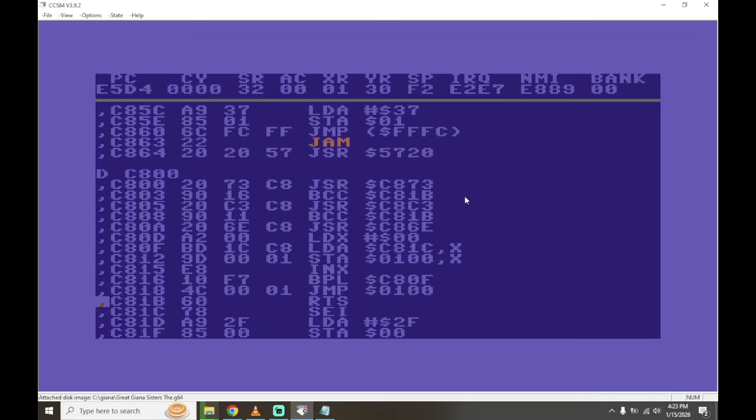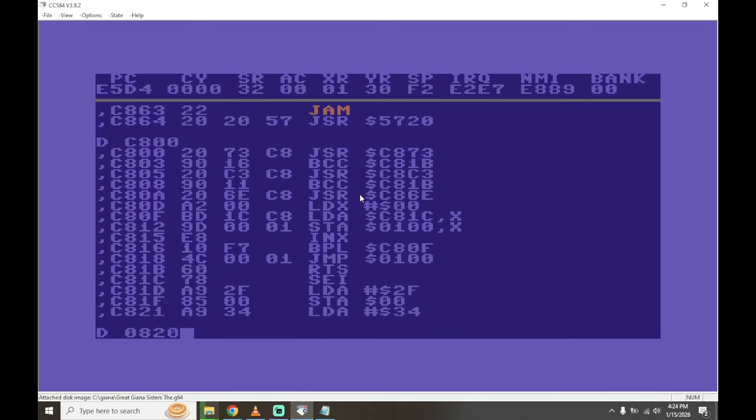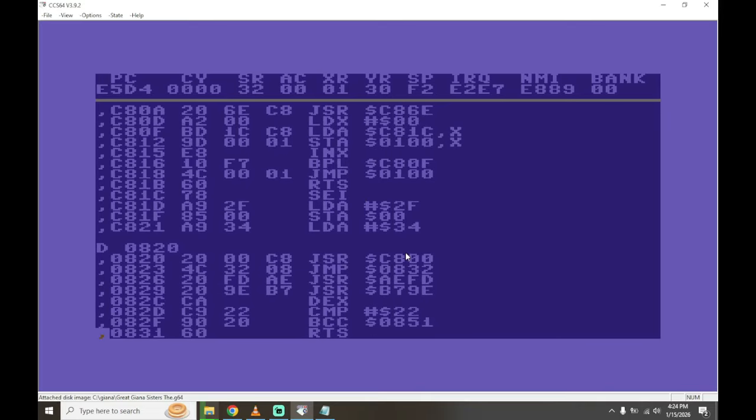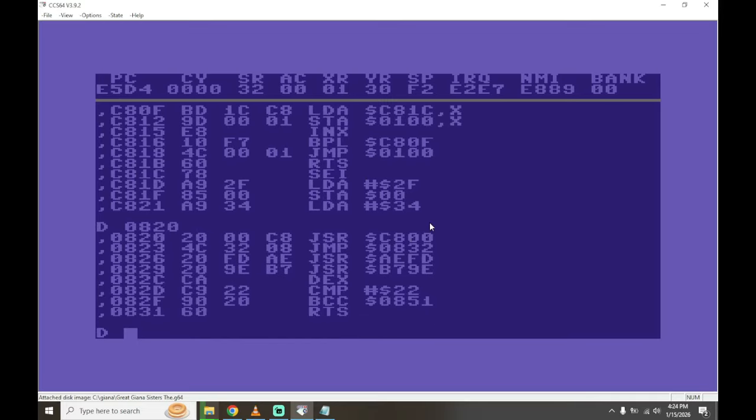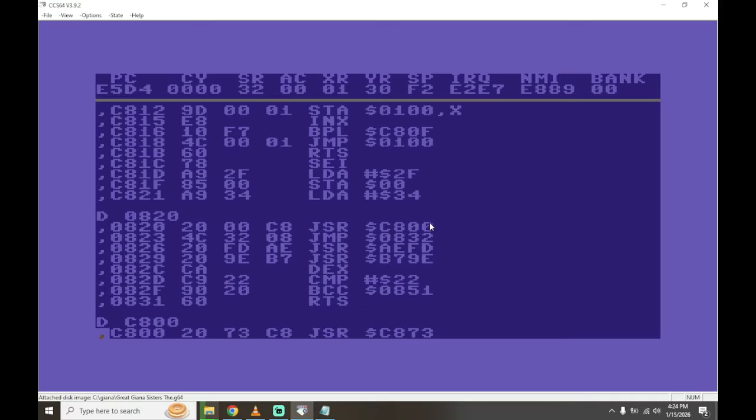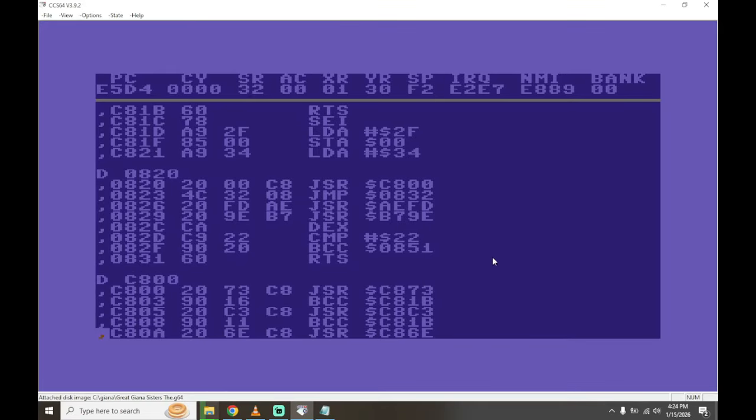So we have a couple of options here. We can try to dismantle the drive code. We can take out all of this. But the easiest course of action is just to follow it through, just for the sake of going over it a third time. It's JSRing to C800, so we know that as it's a JSR, it's going to come back after an RTS. This is like a gosub. Go up to C800, come back when you hit RTS. We know that this is doing